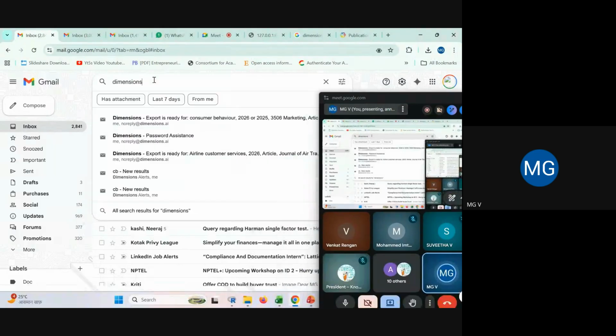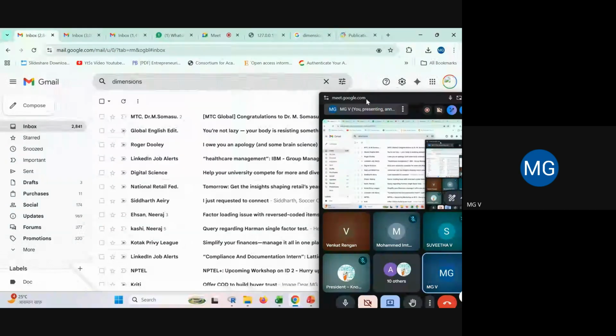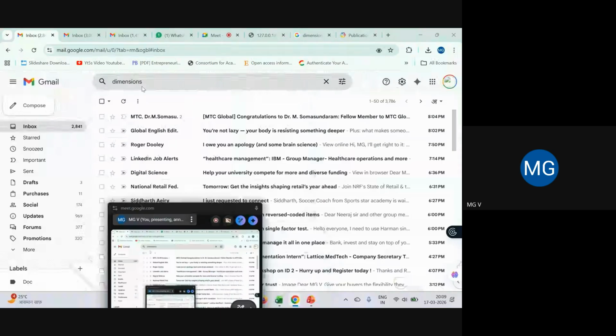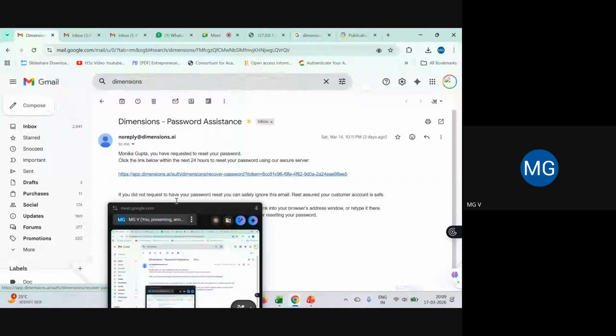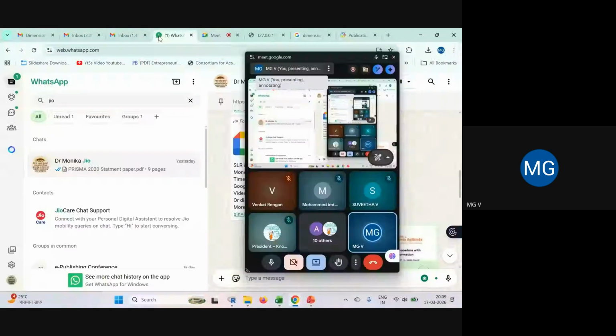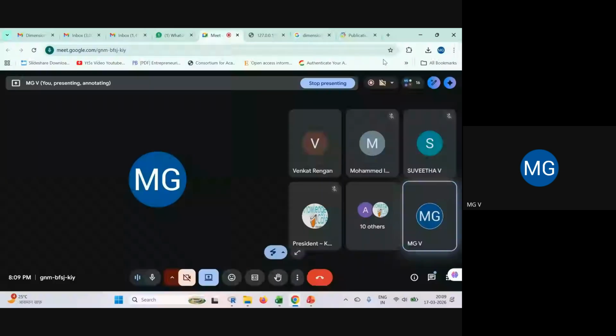Okay, dimensions. If it is mentioning that it will check your credentials, yes. Oh, I just forgot my password, so they sent me a link to create it. So maybe they are checking your account. They may take 2 or 3 days to respond.